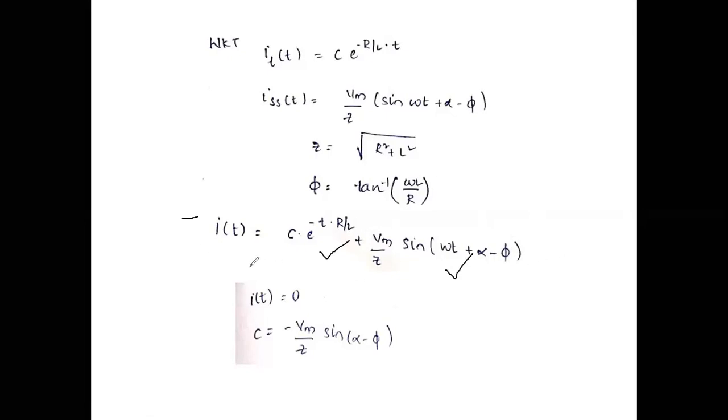Now, at t equal to 0, i of t is equal to 0. That means before closing of the switch in the previous circuit, at t equal to 0, i of t is equal to 0. So that is open circuit. When t is equal to 0, we are keeping the switch open, and i of t is equal to 0 in order to get the value of C. So what is the value of C? How can you obtain the value of C? Obviously that is the case.